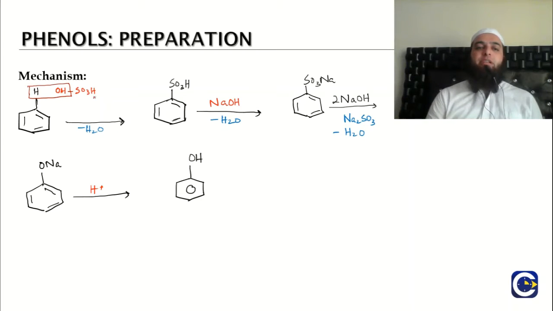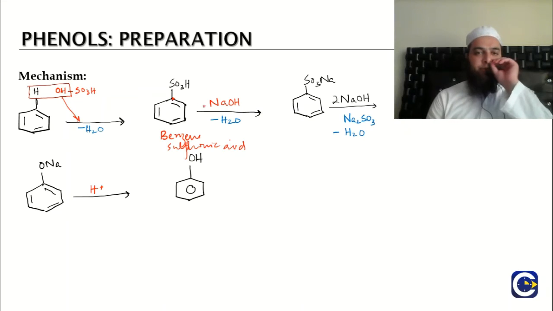The sulfuric acid from the oleum takes one of the hydrogens from the benzene ring, and we get water. That leaves as water, as we have shown here, and we get the benzene sulfonic acid in this step. The hydroxyl ion takes the hydrogen and comes out as water, and the rest of the compound goes to this carbon and forms the benzene sulfonic acid.